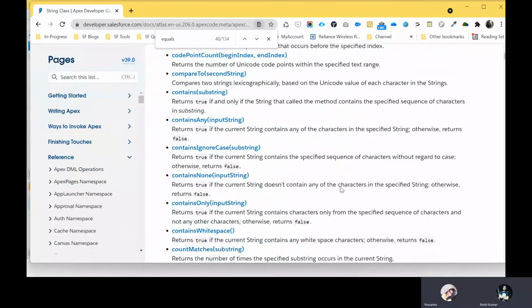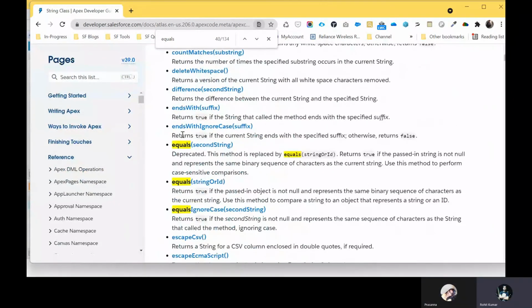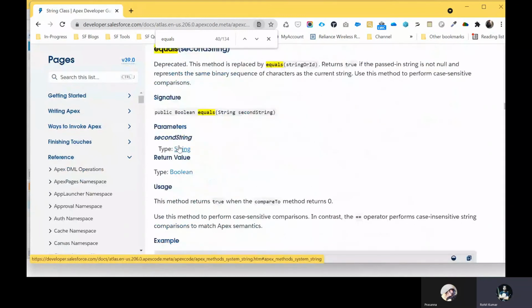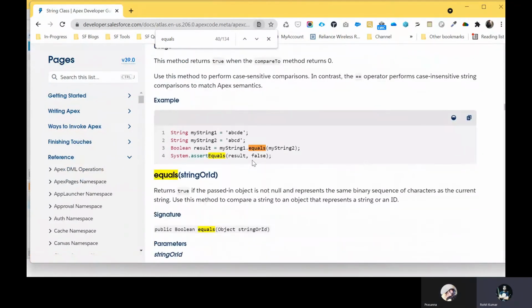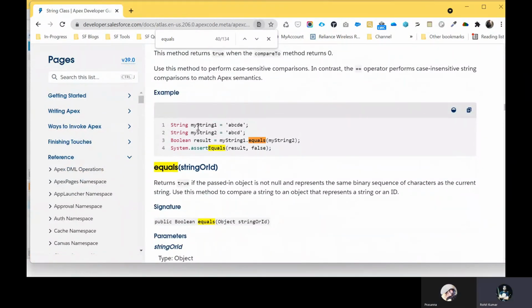Let me check this equals, like this one. Okay, so just click this equals, and here you can see equals, like this is the first string, str1 for example, abcde, and second string abcd. Okay, and finally I want to check whether the first string equals the second string or not.